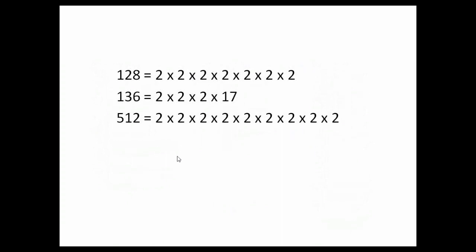Now how will we find the HCF here? Now using the prime factorization method we have found the prime factors. Now to find the HCF we will try to see the common prime factors among all the three. So HCF will be equal to, first let's see what is common among the three, 2, 2 and 2. So we'll take 2, that is common among the three.